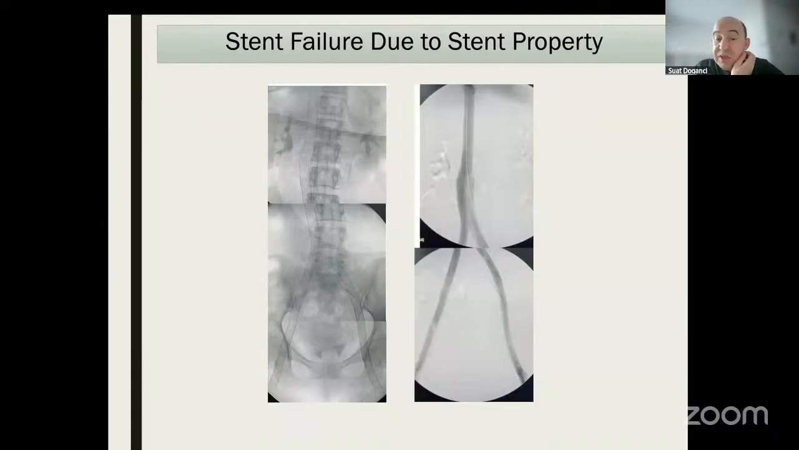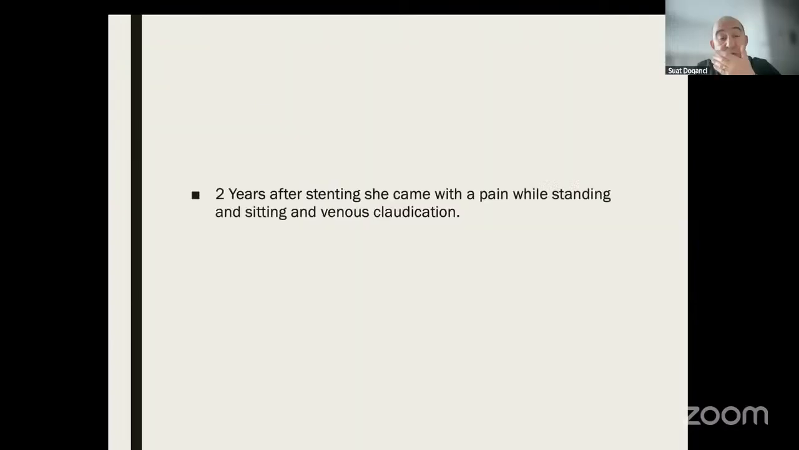I think it's more like 10 or 11 stents in. Just after the procedure, you see that we have a nice recanalization. And after 2 years, the patient came to me with pain while standing and sitting, and with venous claudication. When I took the case in the angio suite, you see that the tip of the wall stent was